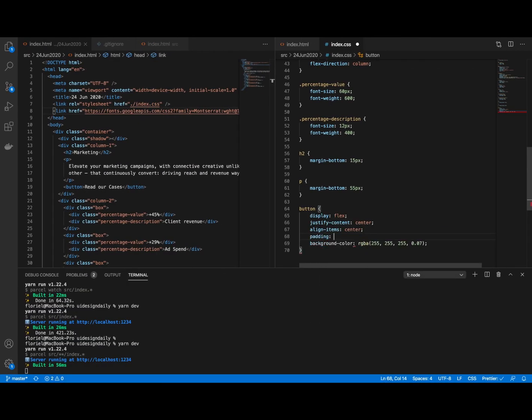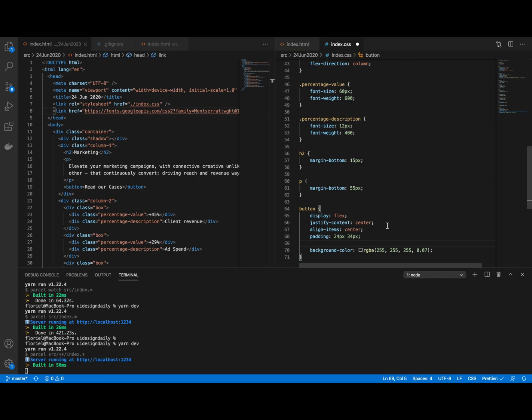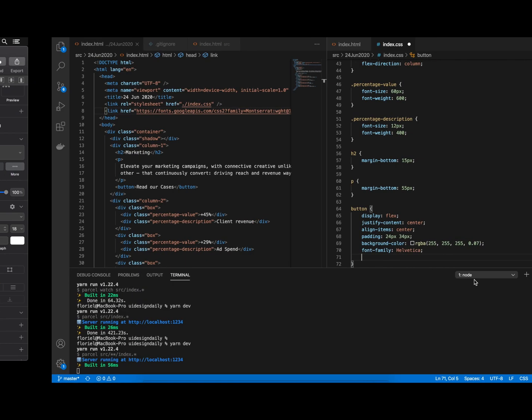So definitely something to check if you're having trouble replicating a design. I don't think it's going to be pixel perfect, this one. One thing that